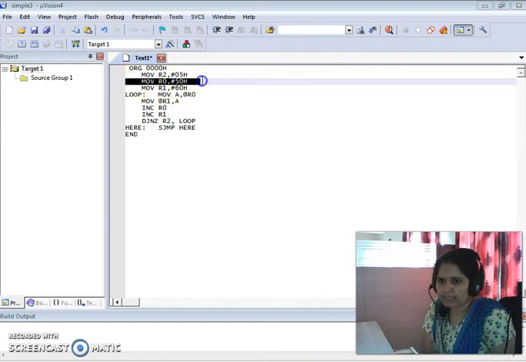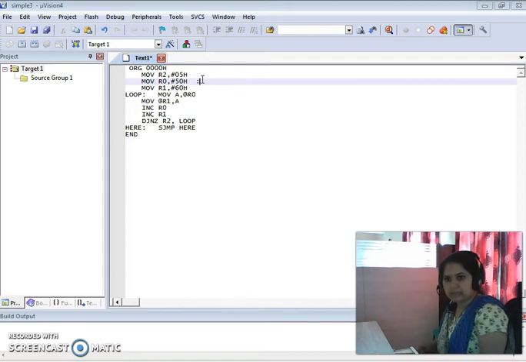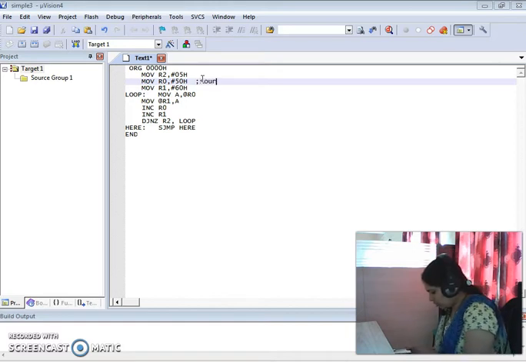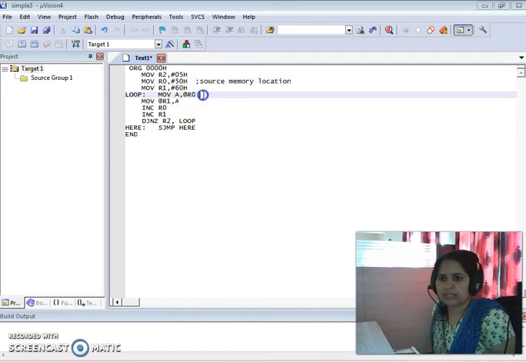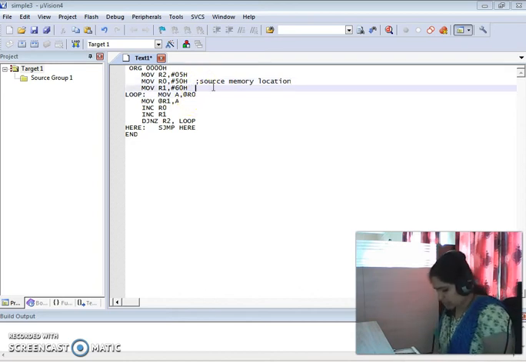So I have then written an instruction MOV R0, #50H. So this is my source memory location. Then MOV R1, #60H location. I will just write a comment for this instruction: this is my source memory location, meaning from this location I want to transfer the data to the destination memory location.